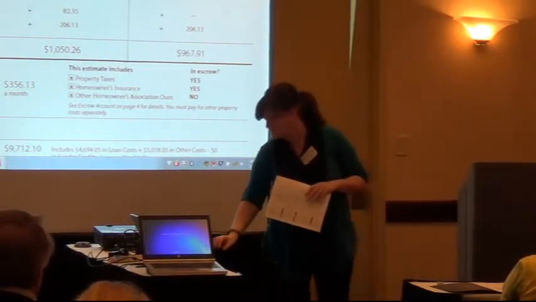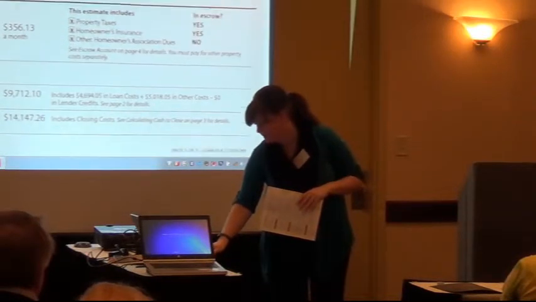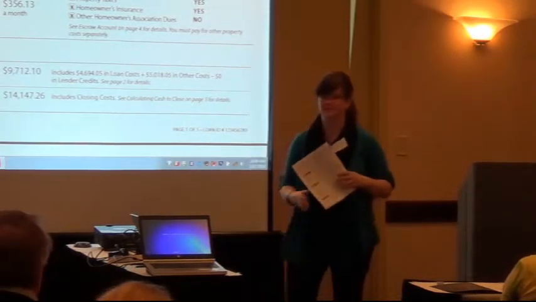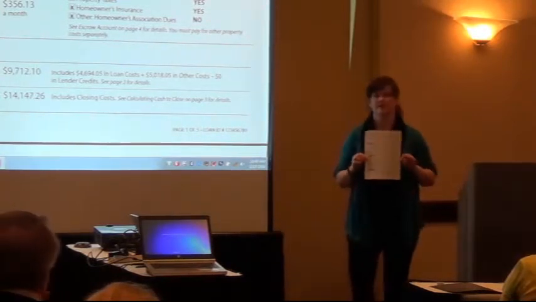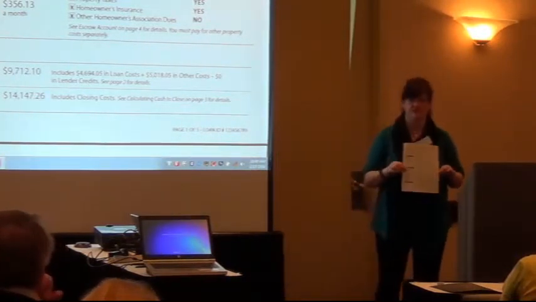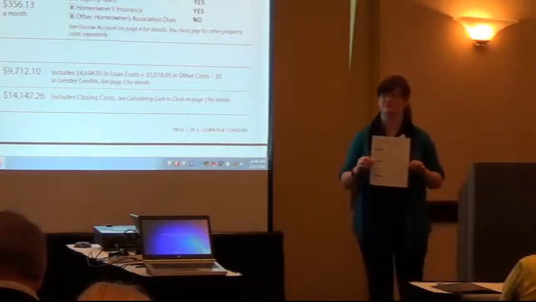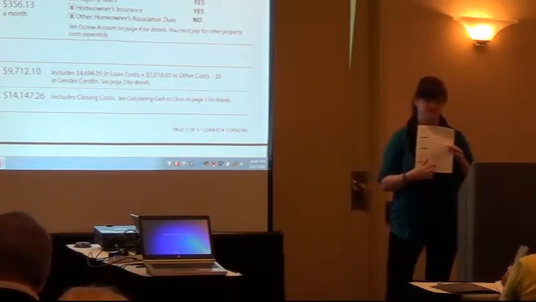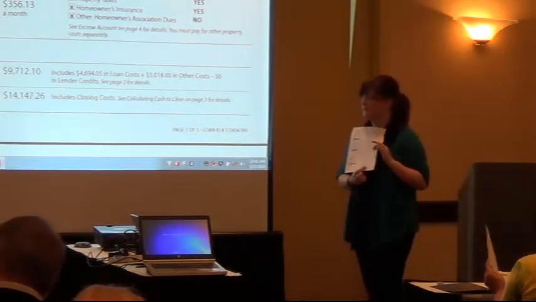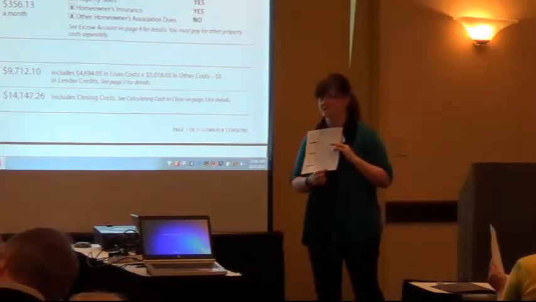Then we have cost at closing. I kind of like this. The first thing the consumer wants to see on page 1 is how much money they need to bring at closing, right? That's what every consumer is waiting for at the end when they're ready to close. 3 days before closing, quite honestly, all they want is their bottom line and what time they need to get their keys. So down here on the bottom it tells them, here's your closing costs and here's your cash to close.